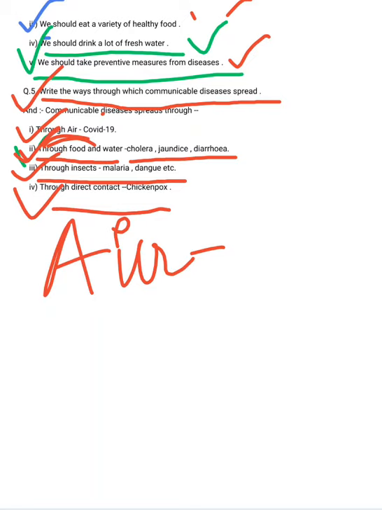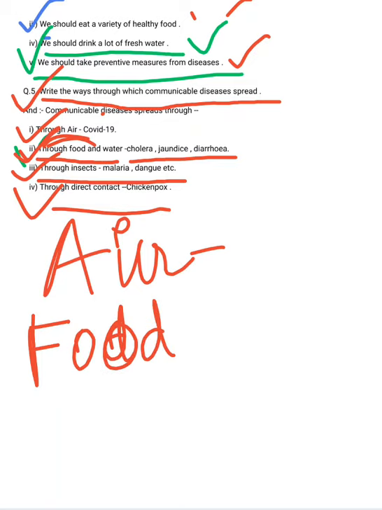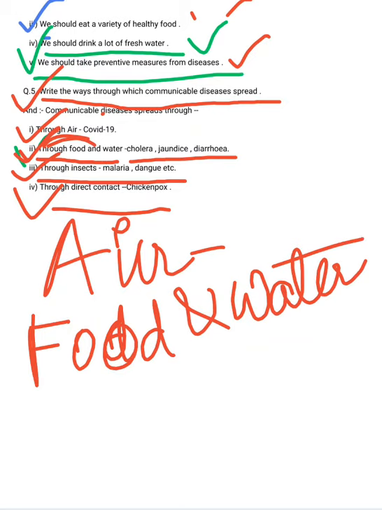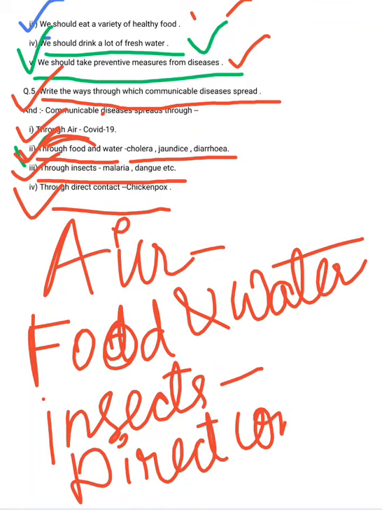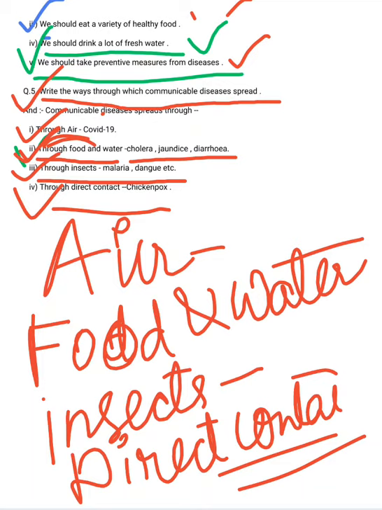Number 1, what is it? Air. Number 2, through food and water. Number 3, through what? Insects, like mosquitoes. And through direct contact, number 4 is direct contact. Right. So these are the ways through which a communicable disease is spread. Right. So students,